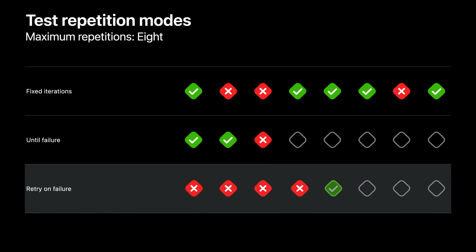Lastly is retry on failure. Retry on failure will retry your test until it succeeds up to a specified maximum. This is useful to identify unreliable tests which fail initially but eventually succeed on reattempt. If a test in CI is exhibiting this behavior, you can enable retry on failure in your test plan temporarily and gather additional data to fix the issue. It's important to remember retry on failure can hide problems in the actual product. Some functionality fails initially before eventually succeeding, so it's best to use this mode temporarily to diagnose the failures.